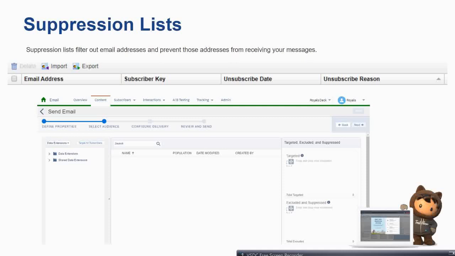So let's say you have a list of email addresses from your competitor, and you don't want to send to them. You can query them, store them in a data extension, and then add that data extension in the suppression list, and it will suppress all those emails and send the email to only the targeted users. For this there is the suppression list.